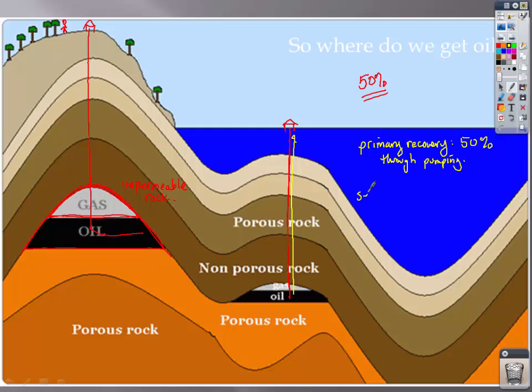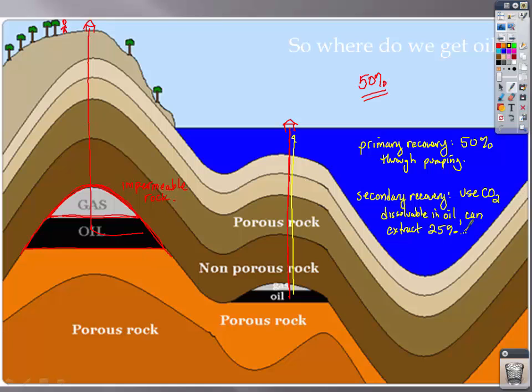But then there's also secondary recovery. In secondary recovery, we can use carbon dioxide. So what you're going to do is pump carbon dioxide, which is dissolvable in oil, and it'll basically make the remaining droplets larger and bulkier and therefore easier to pump out. So we're going to use CO2, which is dissolvable in oil, and then can extract maybe another 25% of the deposit. So we're not 100% effective here, but through primary and secondary recovery, we can get almost up to